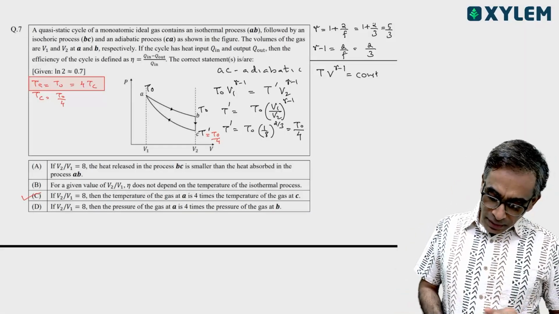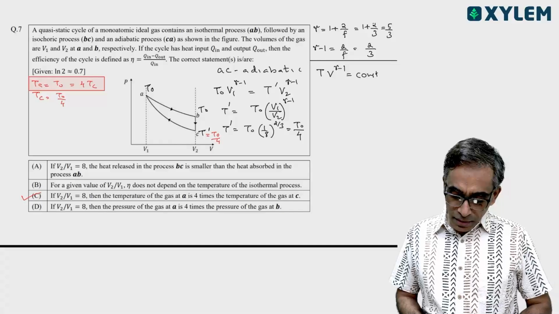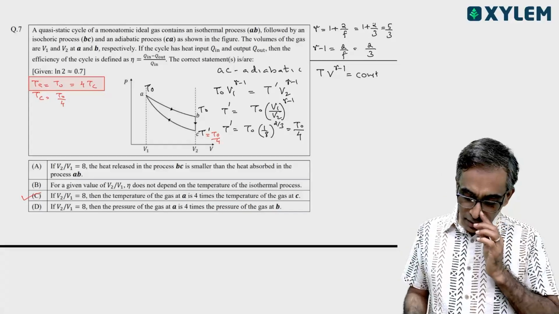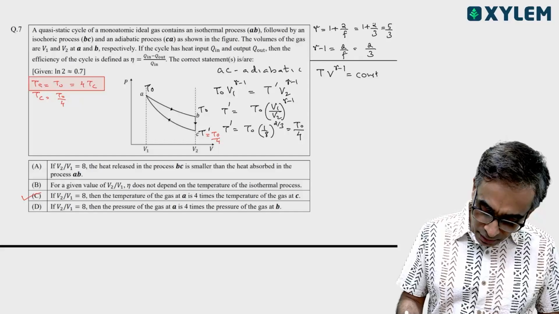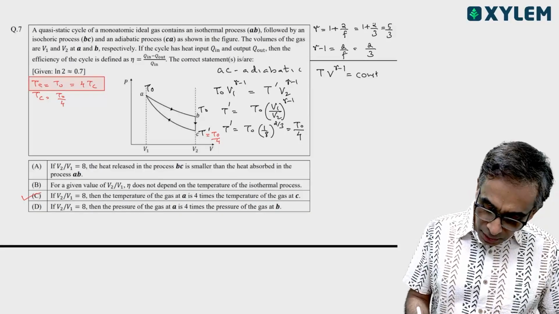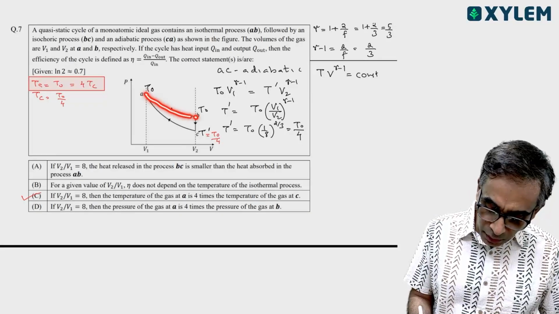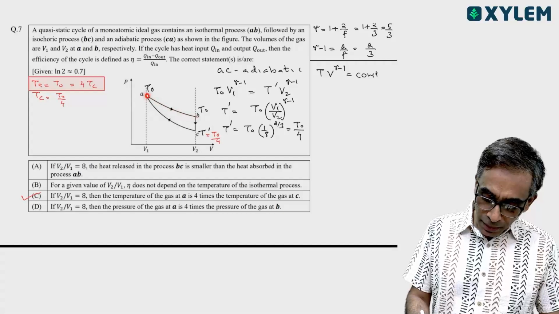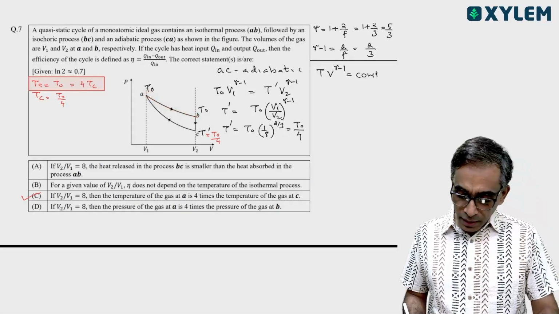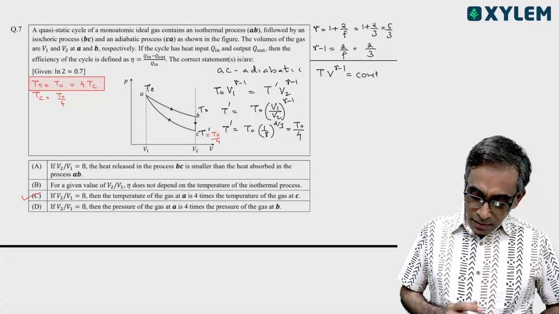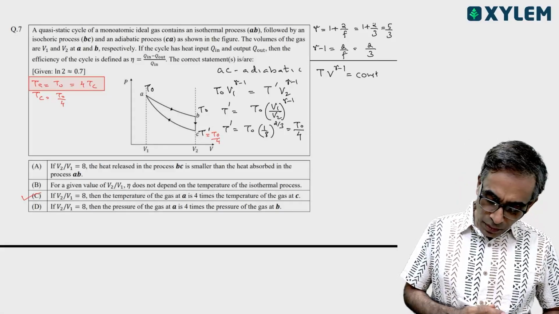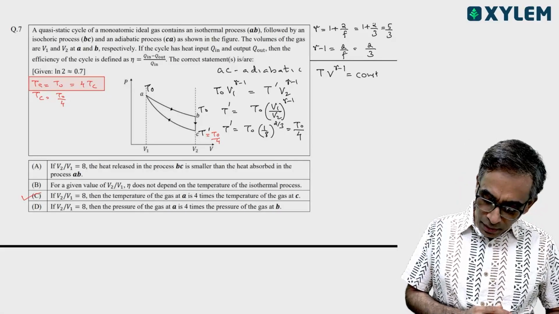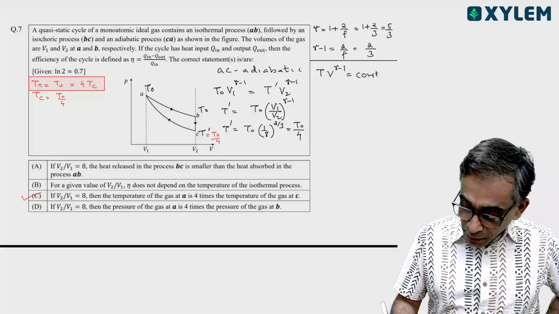Now what about pressure? Pressure കണ്ടുപിടിക്കാൻ നമുക്ക് you can use the same adiabatic relation, because we need to calculate the pressure at A and pressure at B. That's an isothermal process. In isothermal process,